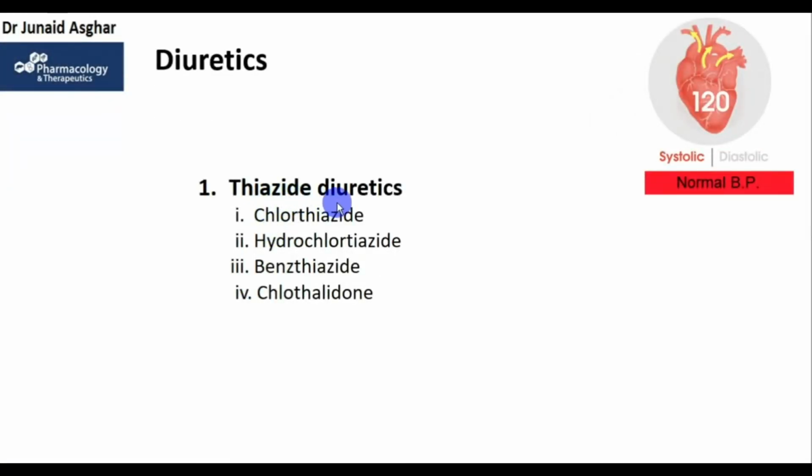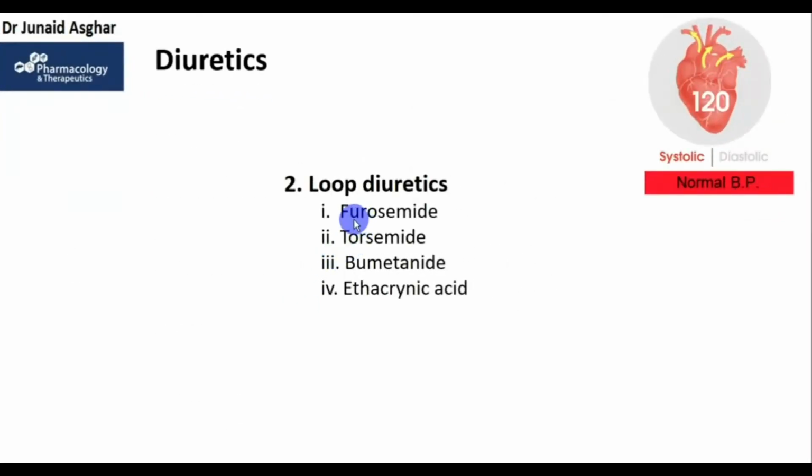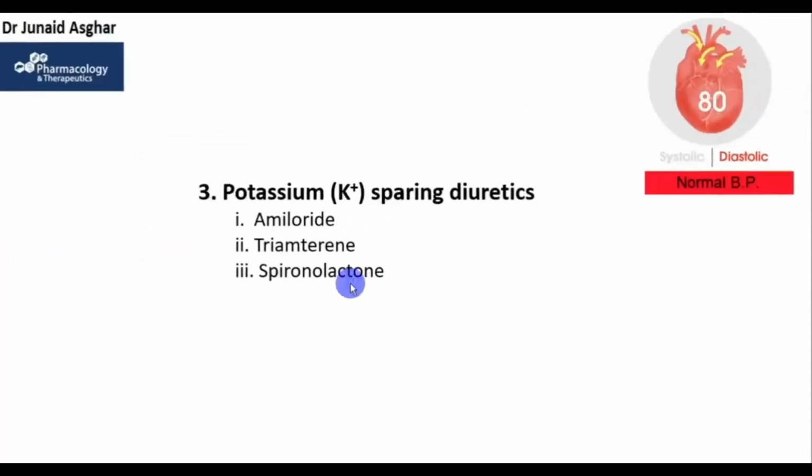Now, thiazide diuretics include chlorothiazide, hydrochlorothiazide, benzthiazide, and chlorthalidone. Loop diuretics include furosemide, torsemide, bumetanide, and ethacrynic acid. Whereas potassium-sparing diuretics include amiloride, triamterene, and spironolactone. Now, spironolactone is slightly different than the other two because spironolactone is an aldosterone receptor antagonist, while these two agents